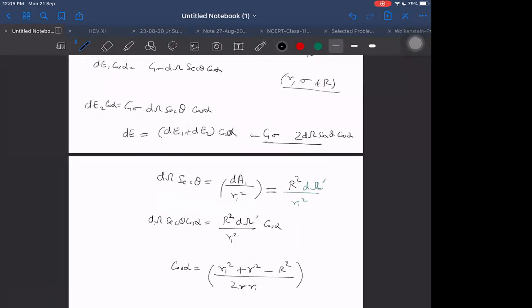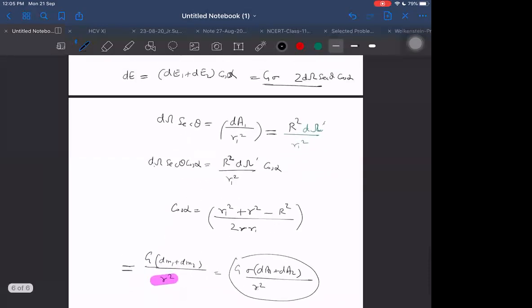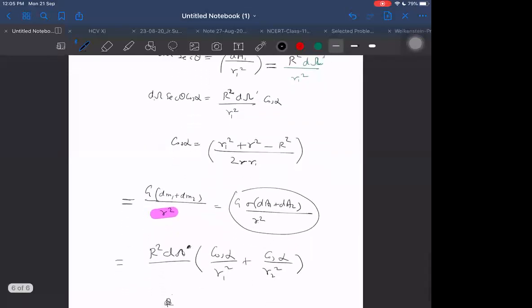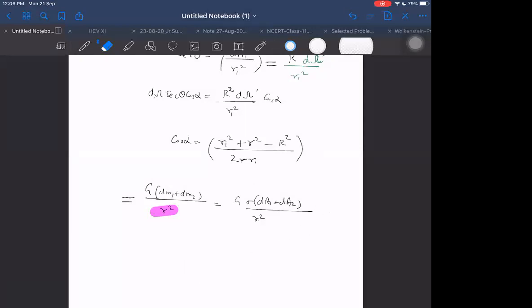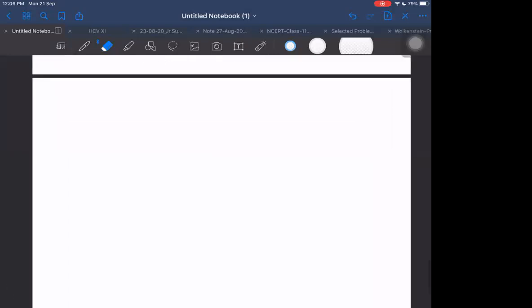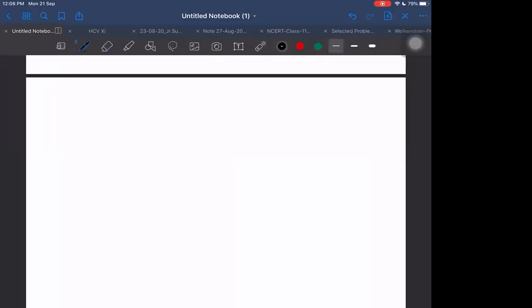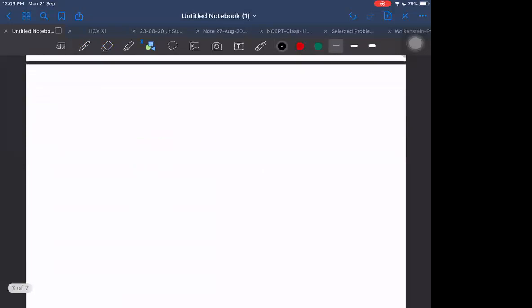Wait a second. What am I expecting? I am expecting this answer, and from which place? The SCR method is much easier, I think, and we can go for that only. You are also using almost the same method, differentiating here to get it in terms of R. We are trying to derive in a different way, but okay, no problem. Leave it for the timing. I will see if I am able to derive by this way, then I will tell you this method also. Today it is taking more time, so let us leave it here.